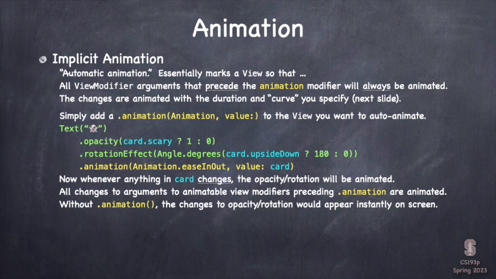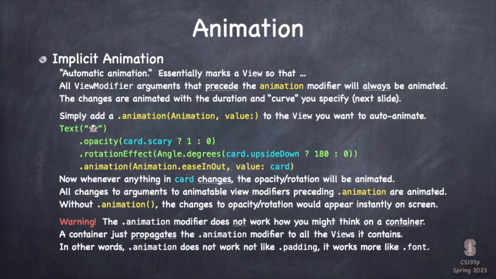And if I didn't have this dot animation, just took it off completely, then these things would happen instantly. That's assuming there's no explicit animation going on. We're talking about implicit here. If we took that off, they would just instantly happen. And we saw that before we put our animation on our cards. We were clicking on things and they were instantly turning over. We had shuffle, they instantly shuffled. You know that without some sort of animation, things happen instantly on screen.